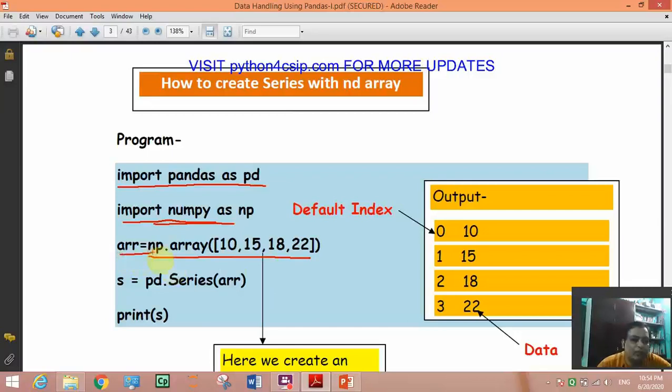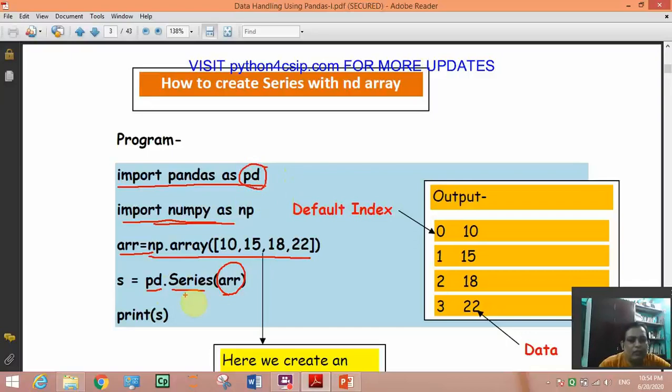Now the array can be converted. This array is being converted into a series using the function Series, and this pd is pandas. You can write pandas dot Series also, or you can use a variable or an object of the pandas module. So we are writing pd dot Series.